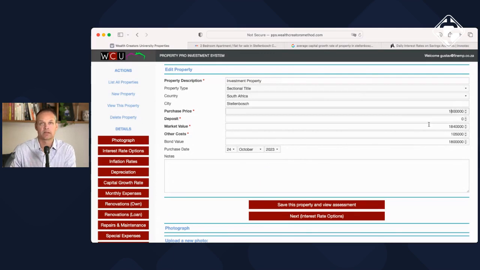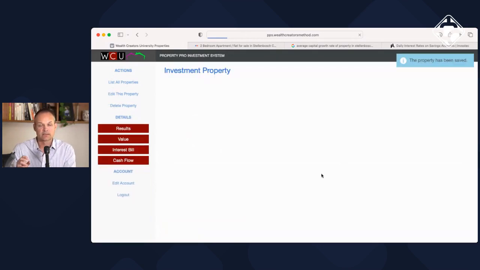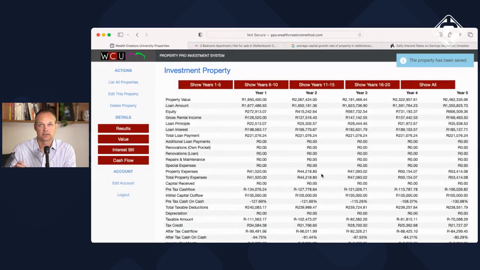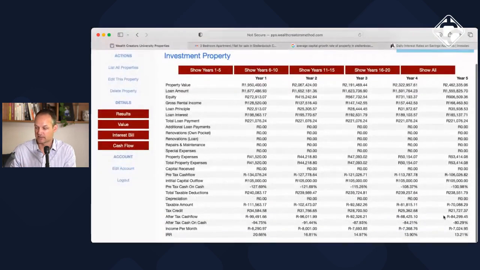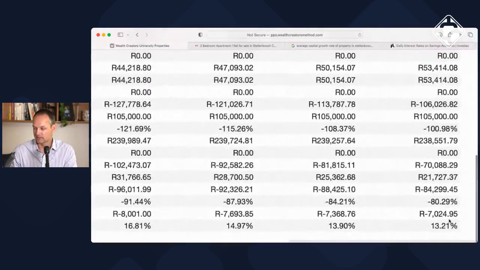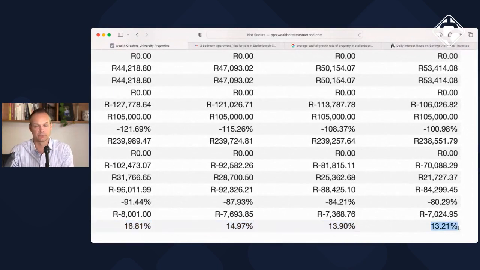So remember in my example, the listing price is 1.840 million, and we made the assumption that the owner will maybe settle for 1.8 million. Let's just see if I change that to 1.7 million. So we know that the market value is closer to 1.84, but let's say this is a very motivated seller that needs to get rid of the property ASAP. Let's just look at that IRR. Remember, it was 8%. Now it jumps up to 13%.